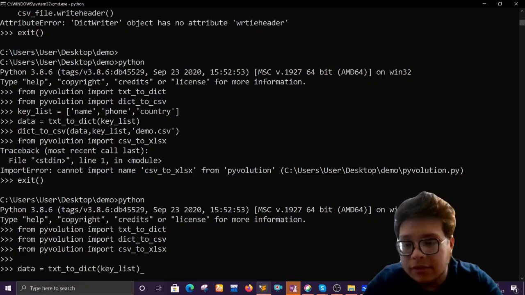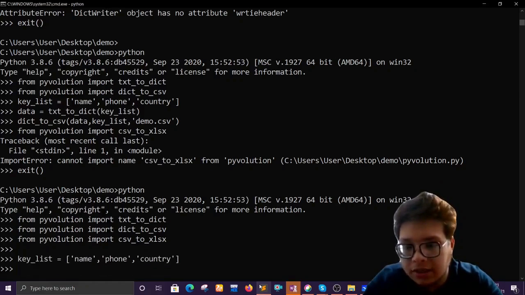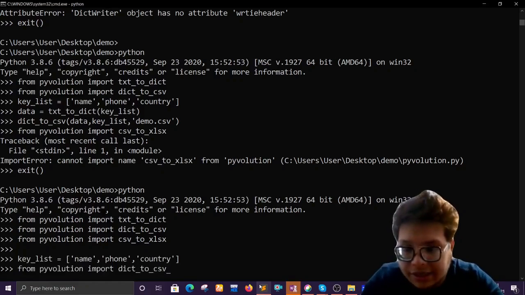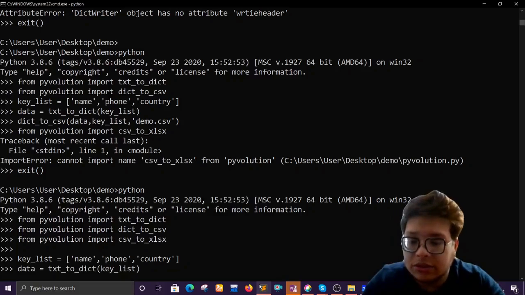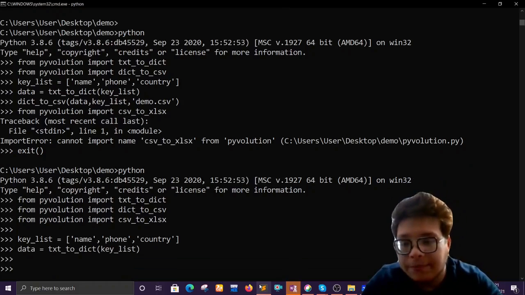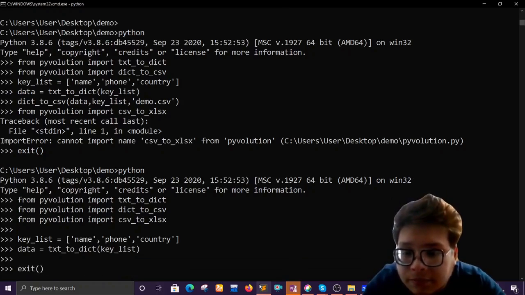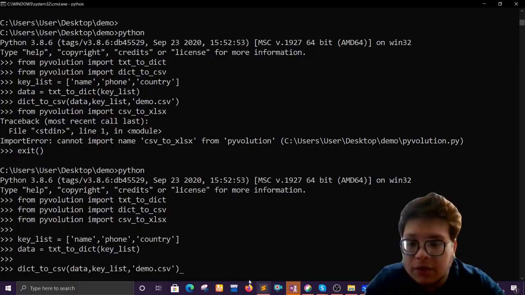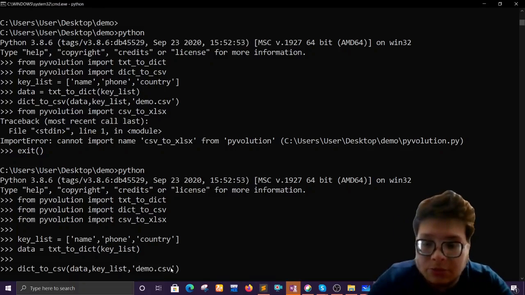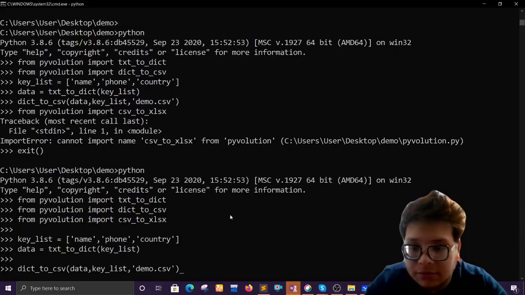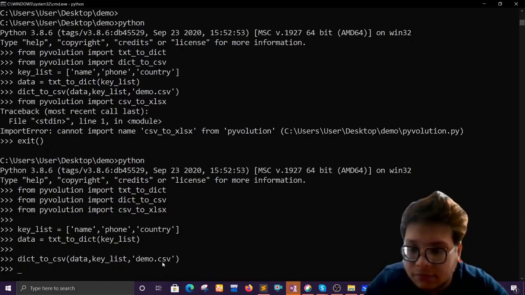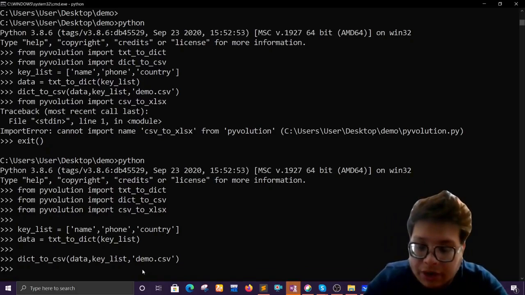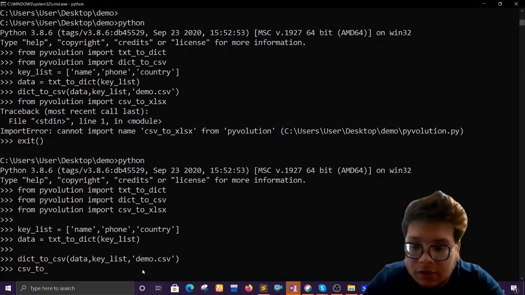Now we need the key list over here. So the key list is this one. And pretty much that's it. We don't need anything else. Just say data. So this will take all the data out of the text files as I have shown you, right? So we have our CSV files, right? So this is the name of the CSV file. I'm just removing this one. Okay, let it be there. And now what we want to do is CSV to Excel